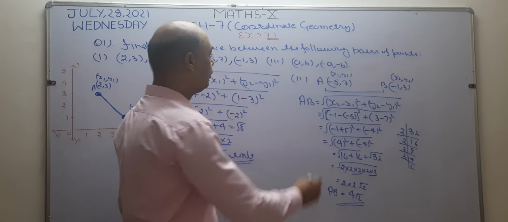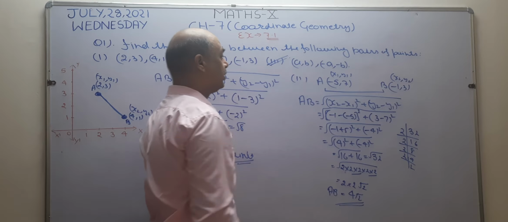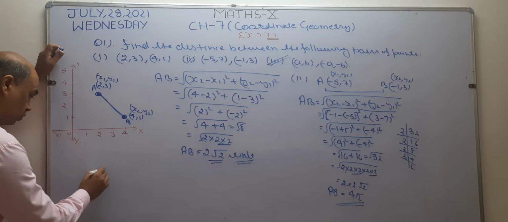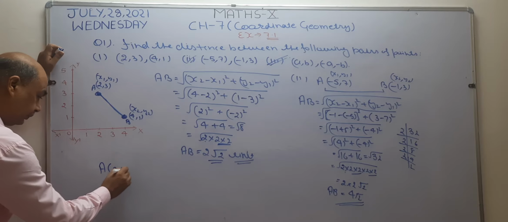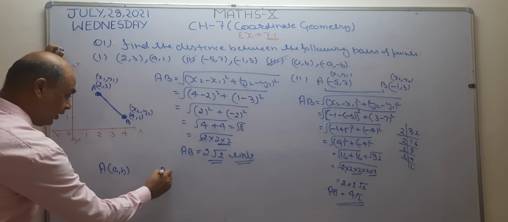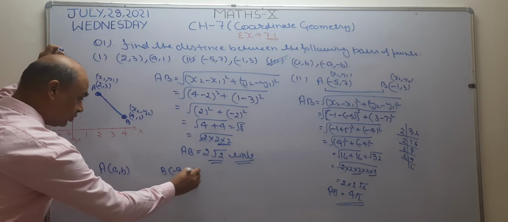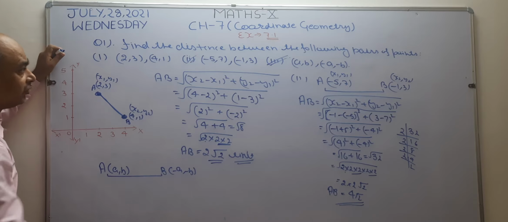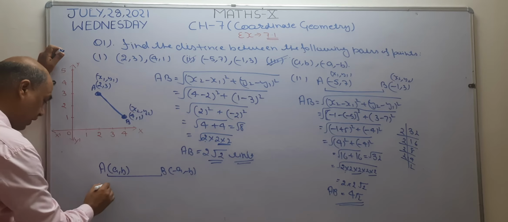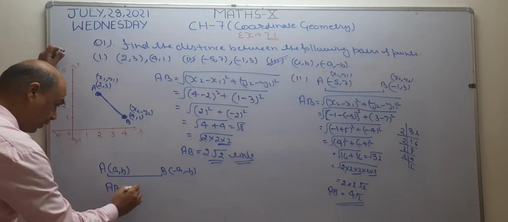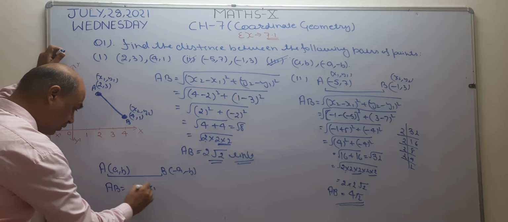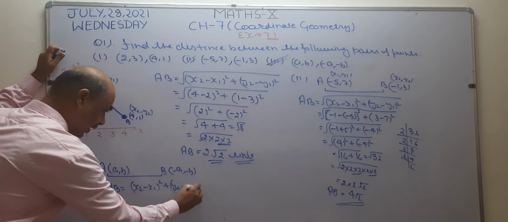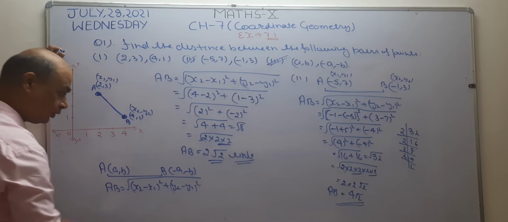Okay. Now I want to find the distance between this third pair. What is given in third pair? Suppose your first point A is (a, b) and the second point B is (-a, -b). Now I want to find the distance between these 2 points by using which formula? Distance formula. So write here AB equal to the formula: x2 minus x1 and its square, y2 minus y1 and its square, and square root. Okay.